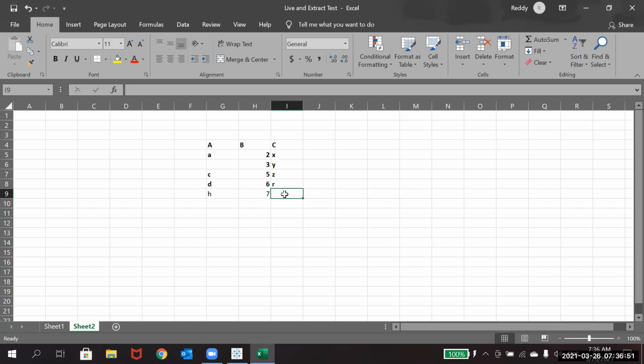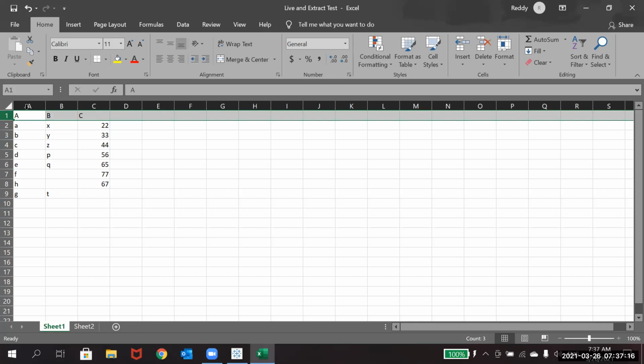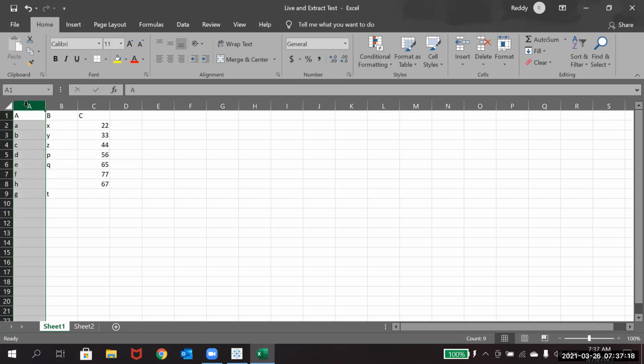Okay, so for you guys, take this as a task for today. Just create a data set on your own. I just created something like ABC, so put whatever you want. But make sure the columns are on the top row, and the data starts from the first column and first row.